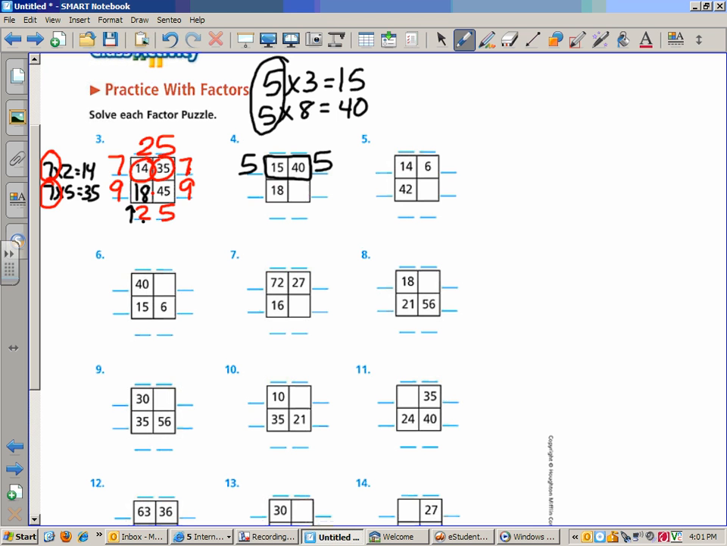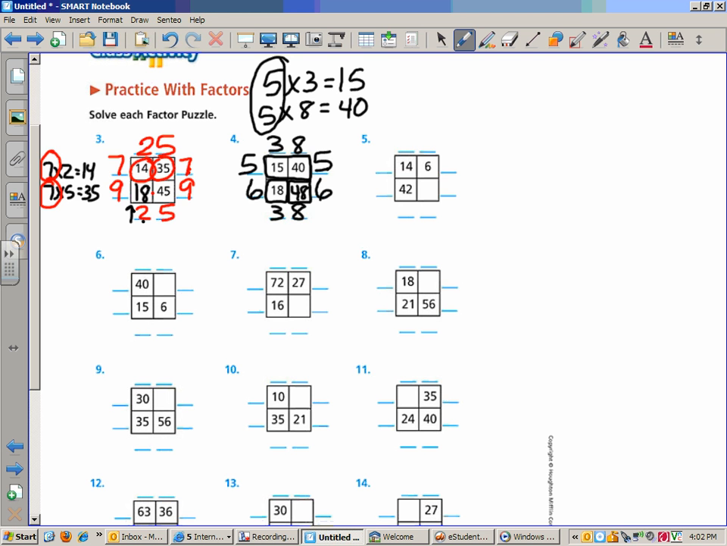If it's 5, 5 times what number is 15? That's 3. So this column has to be 3. 5 times what number is 40? That was 8. So this column has to be 8. Now I'm going to finish the rest of my puzzle. If this is 3, what number times 3 gives me 18? That's going to be 6. If this is 6, now I can figure out this last box. 6 times 8 is